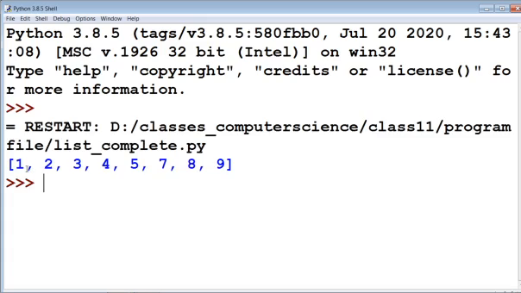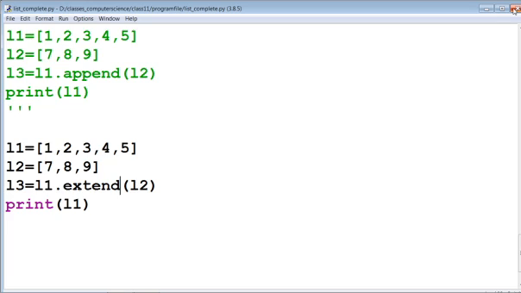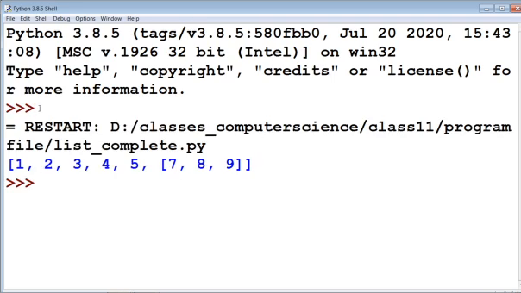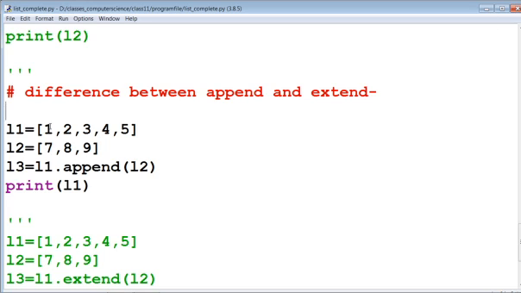So you can see that extend extended the list, spreading the list elements, and append just created a nested list here. If you check the output of the append function, you can see that this is going to create a nested list. So this is the way to use the append and extend methods.